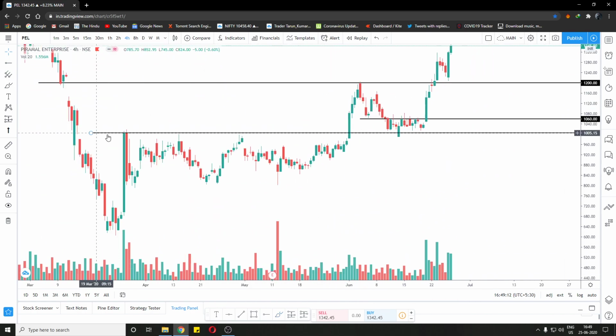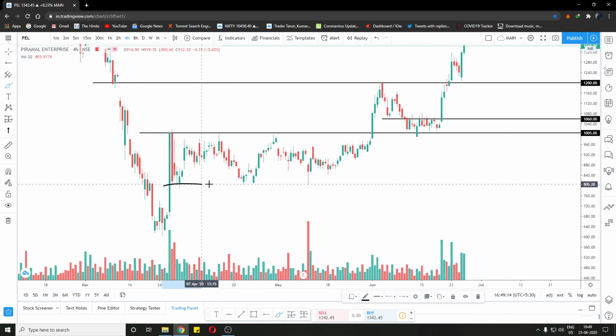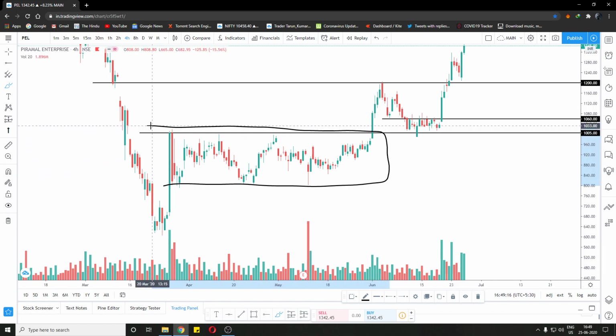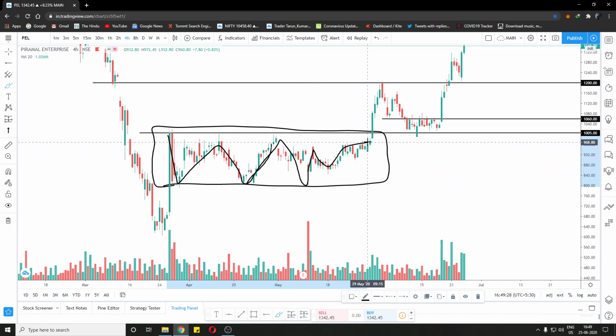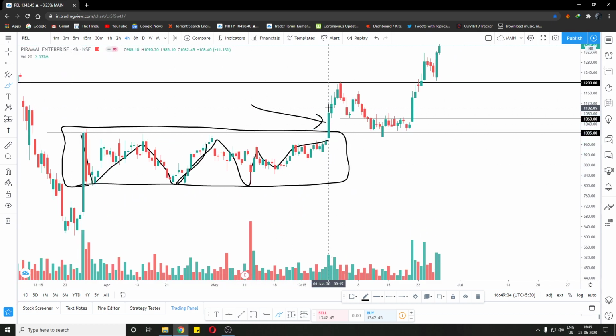Now, if we see that the market was in this range for almost 60 to 70 days, and finally it started moving up. Earlier it made big swings, then it started making smaller swings, and we started to stay in the upper range, and finally we had a breakout at this candle. We buy here, then we ride with the momentum.